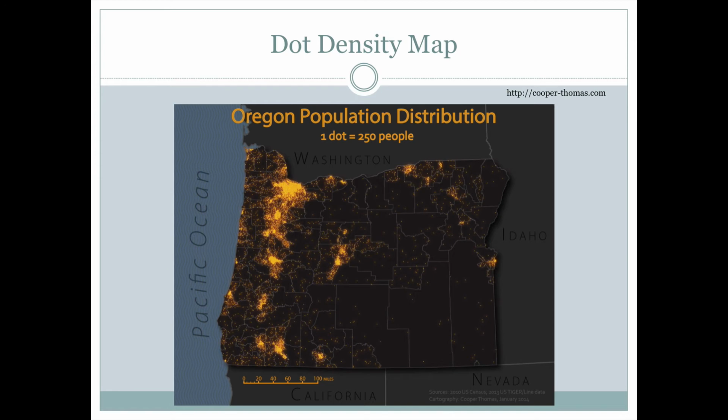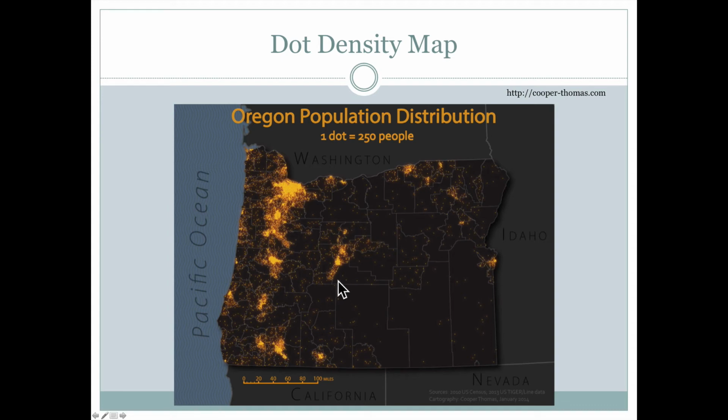Here's a dot density map of Oregon showing population density. In this case, each dot represents where 250 people live. Areas that have a lot of people, closely spaced, get very bright, and in those areas where there are just a few people living in an area, less than 250 people, each dot would still represent 250 people, so that would be one